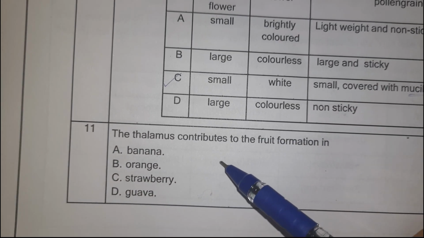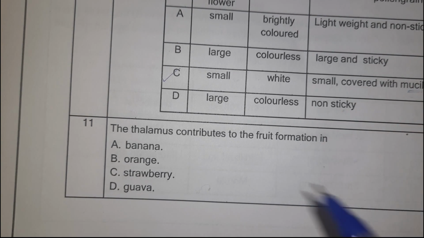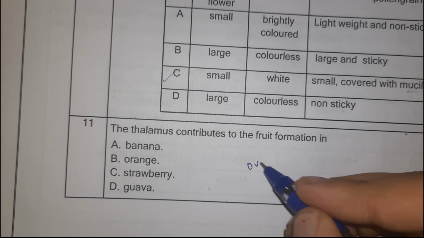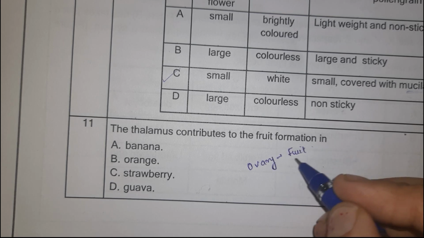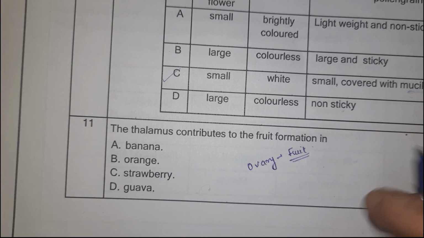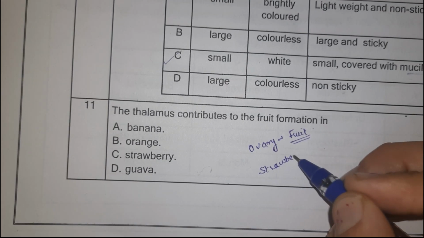ओके, नेक्स्ट इज क्वेश्चन नंबर 11। In question number 11 we have been asked that the thalamus contribute to fruit formation and what। हमें पता है कि usually it is the ovary that leads to fruit formation, लेकिन कुछ exceptions होते हैं। ठीक है, those exception includes strawberry।